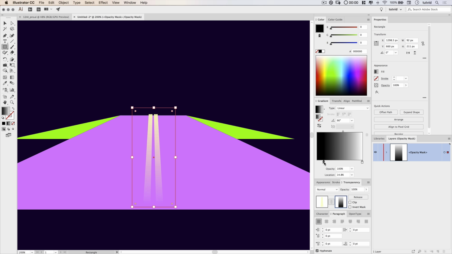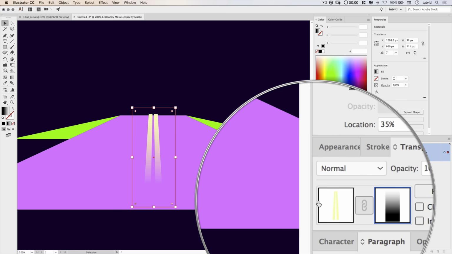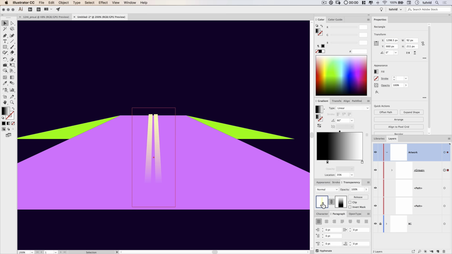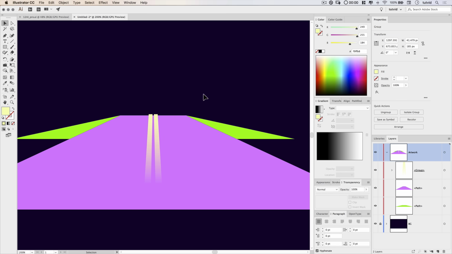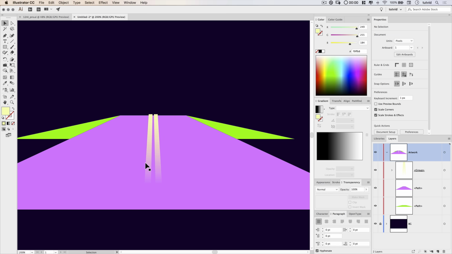So I'm going to drag this black up this way, maybe this way a little bit more, and then I'll push the white out, tell the white to expand closer to the black color stop, and we just get a nice amount of our lines being there, but still a very sharp fade off here at the end. Make sure that you select your artwork thumbnail in the transparency panel to get out of the mask editing mode, and we have edited and placed and created, I should say, our road lines.